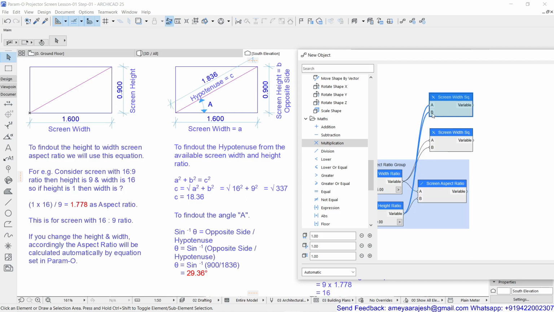Say for example, if something went wrong, that by mistake you have added this and this, and you are not interested, you can drag and take the new one again, or otherwise just right click over here and say disconnect, and choose which option has to be disconnected from this node, and so on.